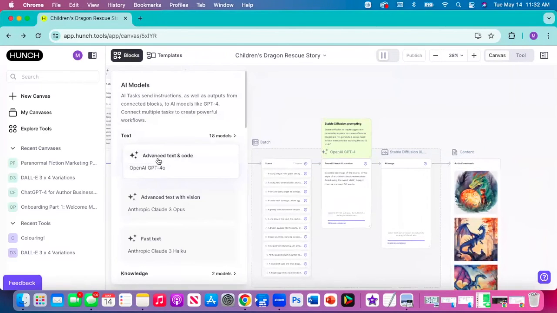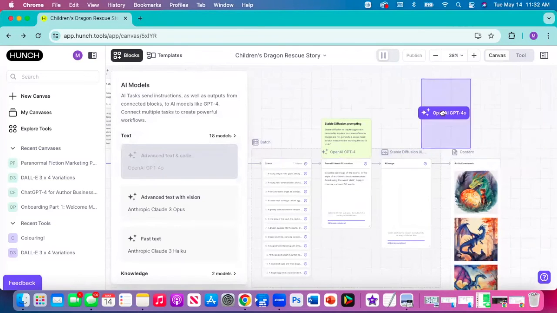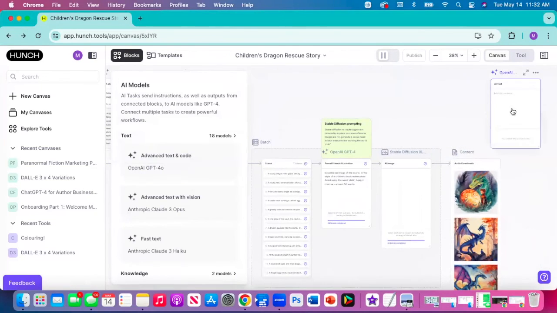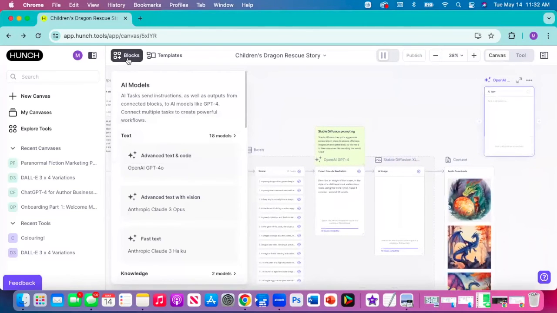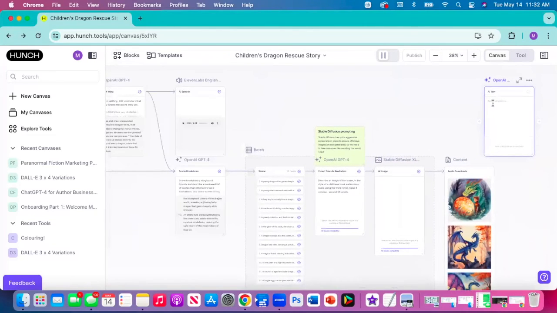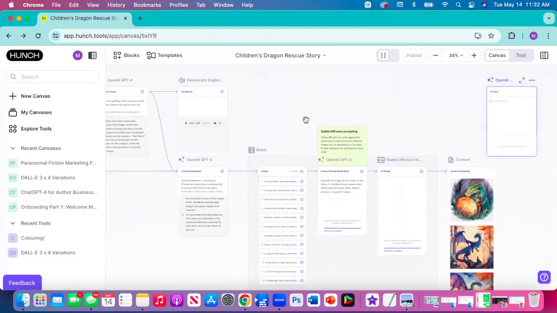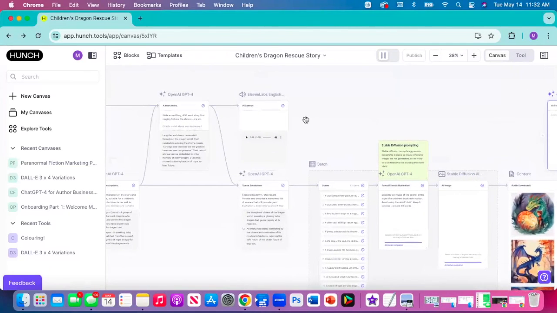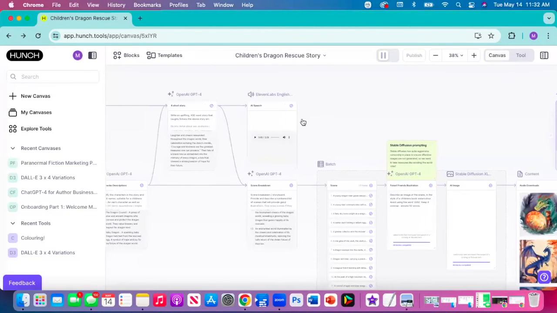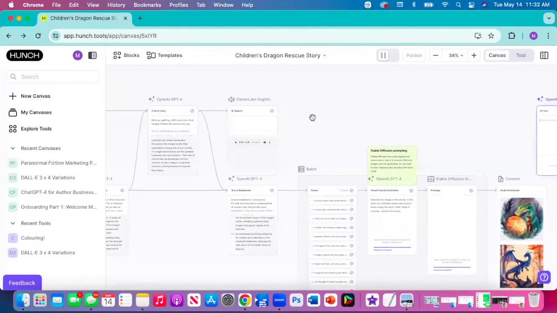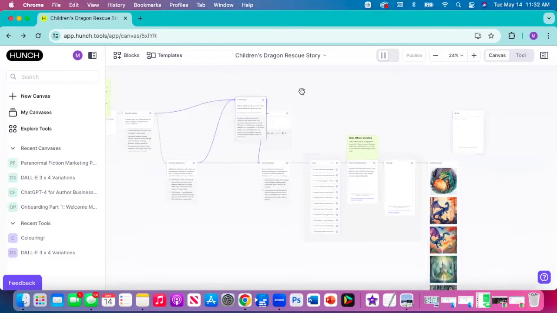So one of the things I want to do here before we end the video is add a block. So I'm going to add this, and I can just drag and drop it. This is the functionality that's capable now. And so now we've got a new block here, and I want to create marketing content. And I want to do it not from the scene breakdown, not from the images. I want to do it from the short story. So I am going to, whoops,